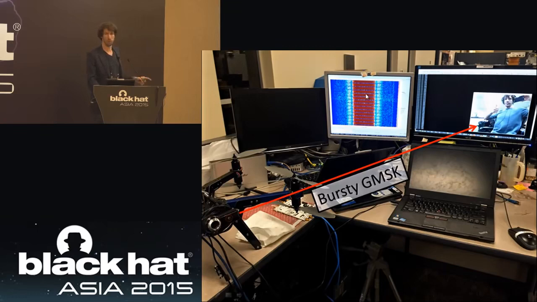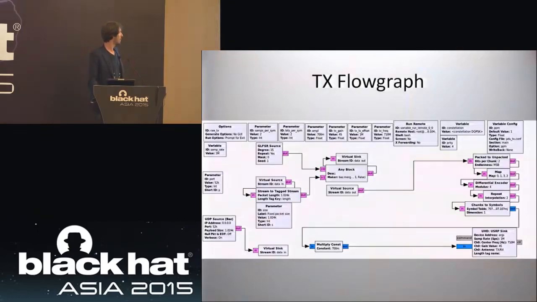So here you can see a waterfall again of those packets being sent out. This is just the test indoors. And this is, in GNU Radio, what the flow graph looks like. So this sort of describes the flow of the data through